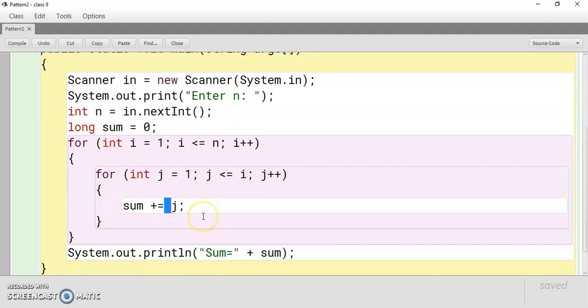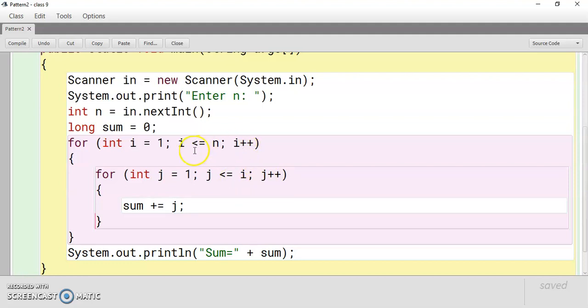Again, in the outer loop there are no statements. You can see that this curly bracket closes the outer loop, and this one closes the inner loop. The print statement is outside the loops only, because it depends on the question: we need only the final result. That's why we are not putting it inside the loops. Then j++ will work, and j's value is checked against i; the condition is false.